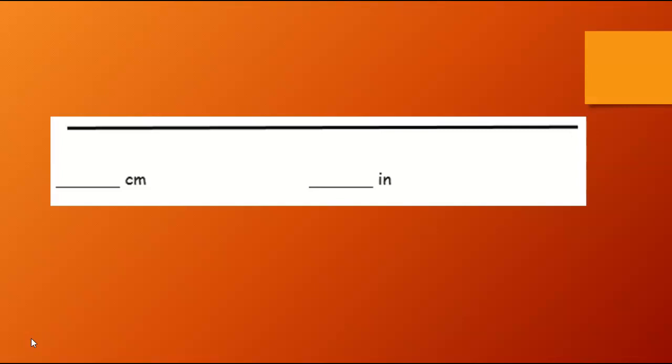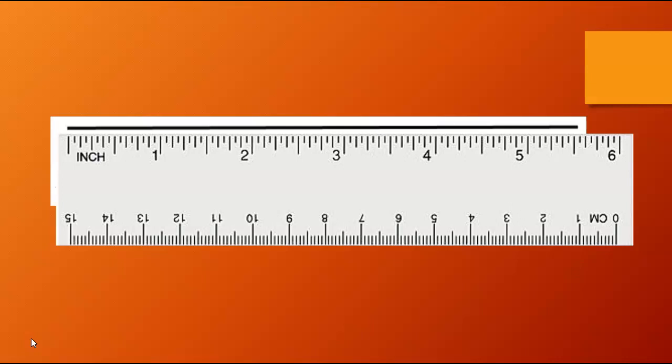Now, yesterday you guys were kind of getting mixed up because you were labeling your units of measure wrong. The first thing you need to do is look and see what unit of measure you're using. I have a ruler here with centimeters down here, and it tells you centimeters right here. CM stands for centimeters. And up here it says inches. So if you look on your ruler or your yardstick, whatever you're using, it'll tell you what unit of measure